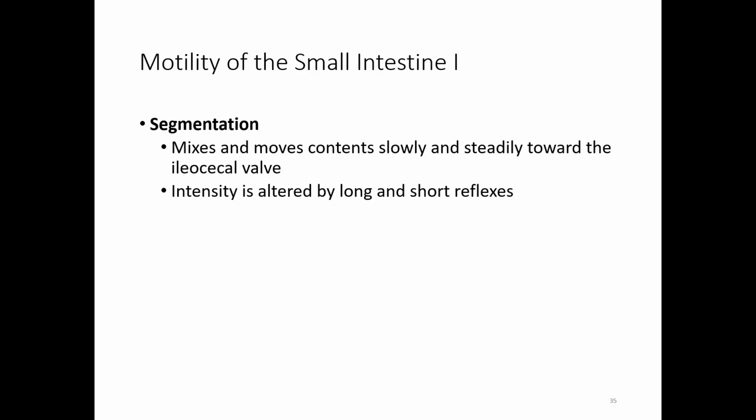There are 2 types of movements that happen in the small intestine, and the first of them is segmentation. Segmentation is when contractions of the walls of the small intestine mix and move contents slowly and steadily towards the ileocecal valve, which is the connection between the small and large intestine. It's regulated by reflexes. So the main function of segmentation is to mix food that hasn't been absorbed yet with digestive